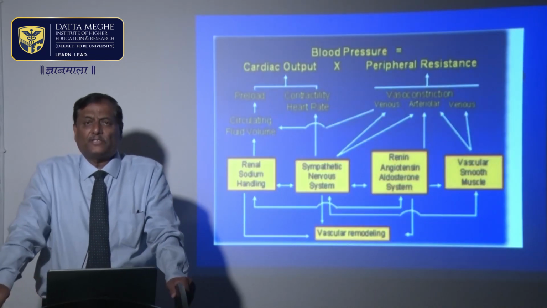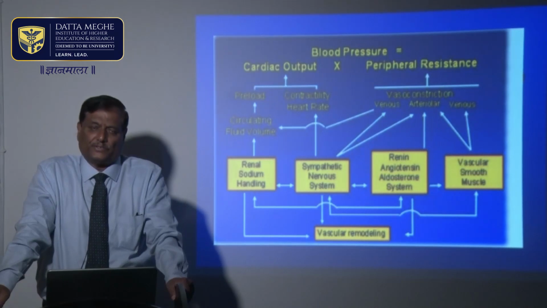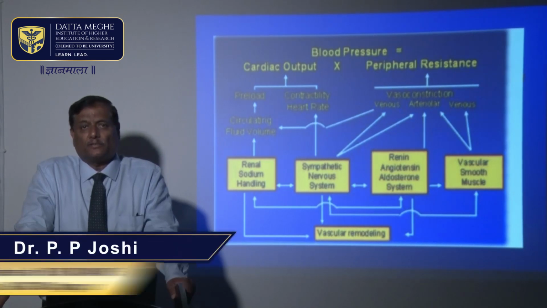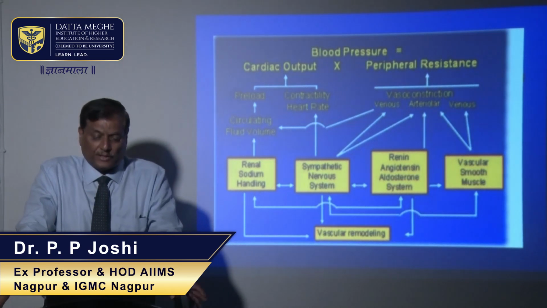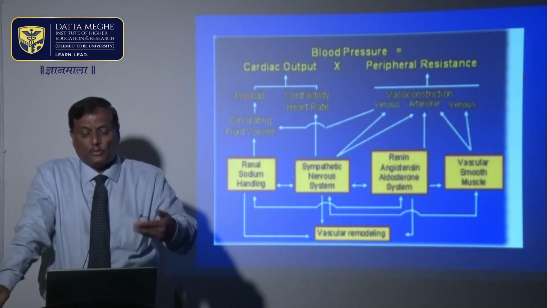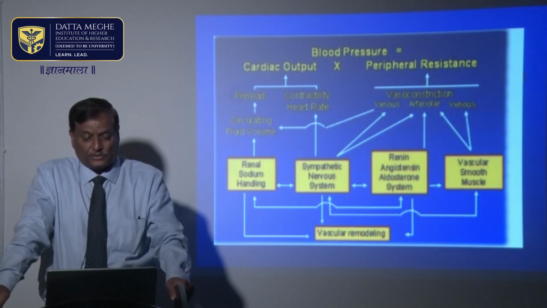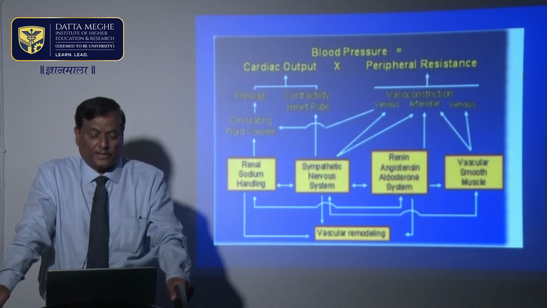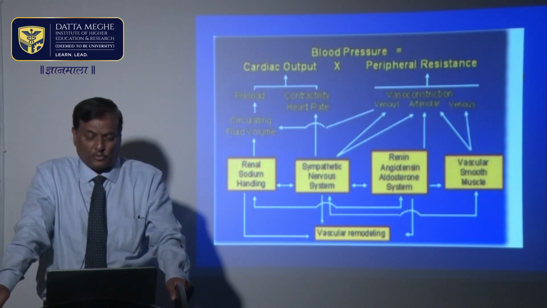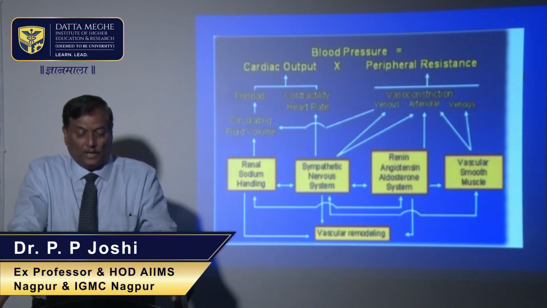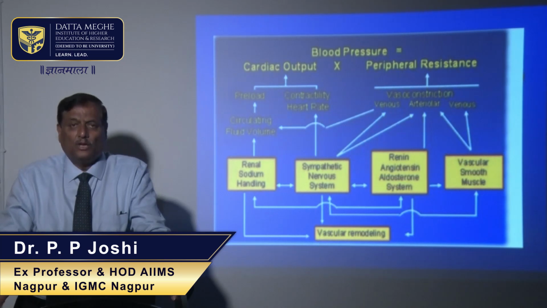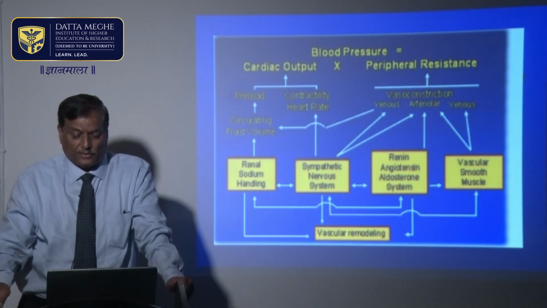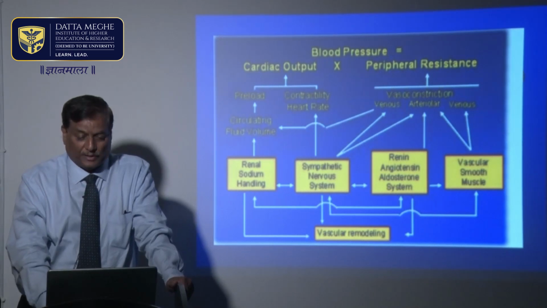One should remember blood pressure is a product of cardiac output and peripheral resistance. What we can do is reduce the cardiac output, and cardiac output we know is a product of preload, afterload, heart contractility, and sodium and water retention. Cardiac output is basically the amount of blood which is pumped out every minute. Stroke volume is the amount of blood which is pumped out every beat, and stroke volume into heart rate is cardiac output. So, we can have drugs which can decrease the cardiac output or which can decrease the peripheral resistance, and a combination of these drugs may be useful in treatment of hypertension.